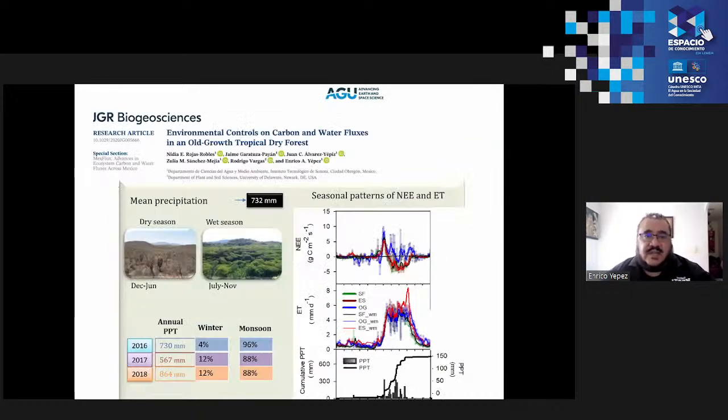Despite that they're in the same climatic conditions, we were lucky to have different rainfall years, variation in our data sets. Again, with this information, what we're seeing is how in time, we have the precipitation, the cumulative precipitation, the evapotranspiration flux across the three different landscapes, and the net ecosystem exchange of CO2, which is basically how much CO2 is entering or leaving the